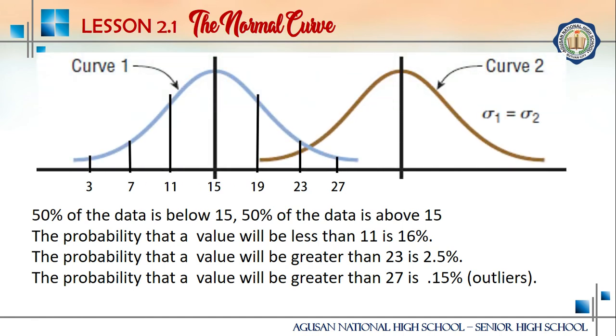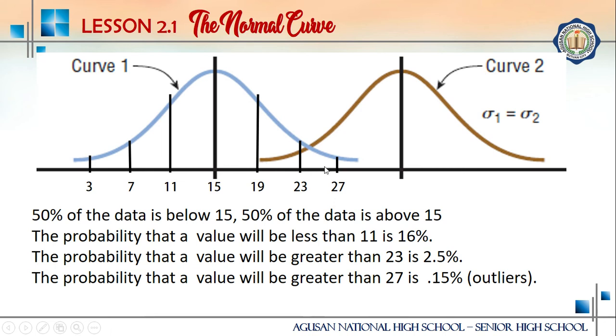That's it. So therefore, 99.7% of the data is between 3 and 27. And to further describe the graph, 50% of the data is below 15, and 50% of the data